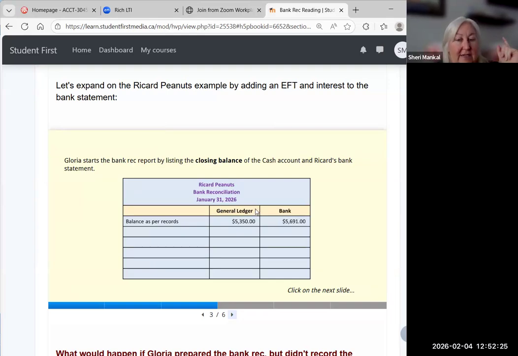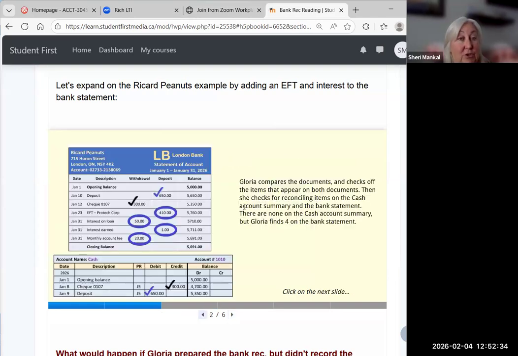So I'm going to come back to that in a second. So I'm going to go back here. The information that I'm going to put on this bank rec statement is going to come from these two documents. So what I'm going to do is look at my bank statement. My opening balance is $5,000. Beautiful. Now,